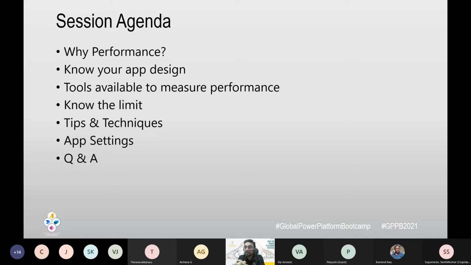Though some are basic, it's very interesting to see. Then followed by app settings and the Q&A session. After this session, you will get a good understanding of what performance parameters we need to consider and which tools we need to use. All right, so let's begin with that.